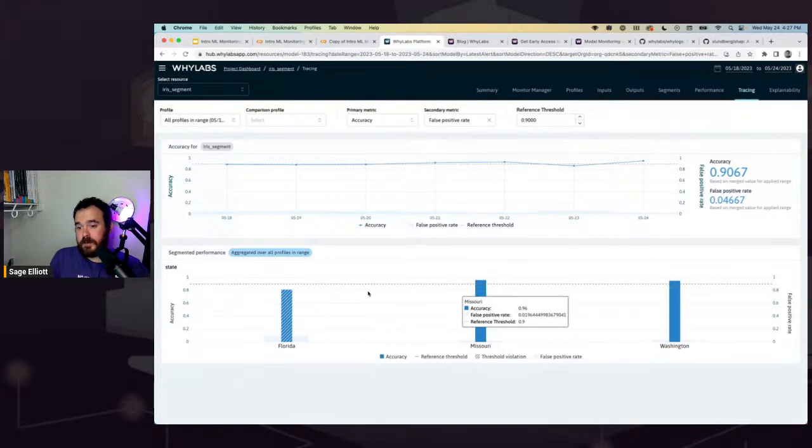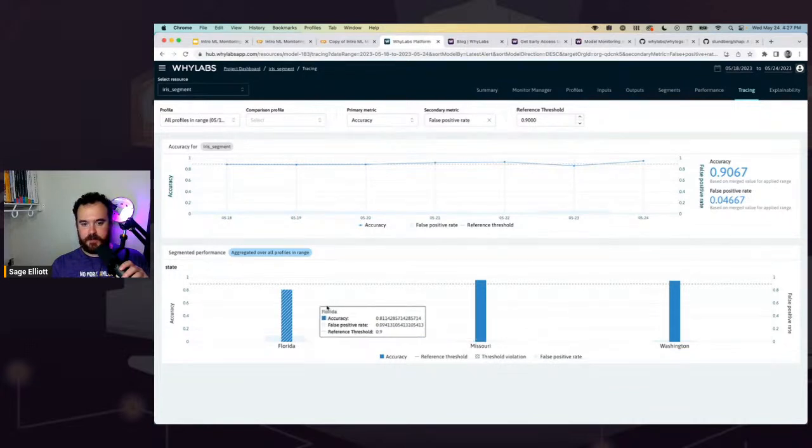And so maybe one thing that happened is Florida has longer flowers, or longer petal lengths, for example. And maybe all of our data collected that we trained our model on was in Washington, where they're all a little bit shorter. If that's the case, our model might be biased towards this Washington and Missouri data and maybe wasn't trained well enough on the data for Florida, so the accuracy is down.